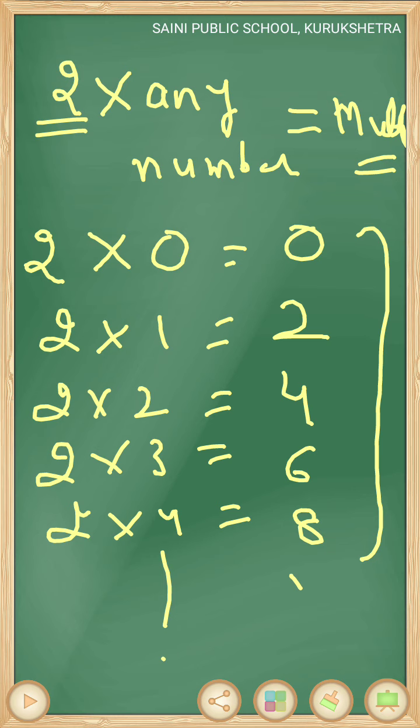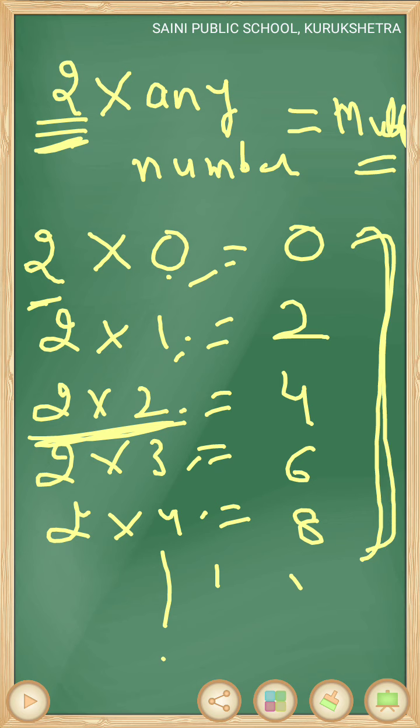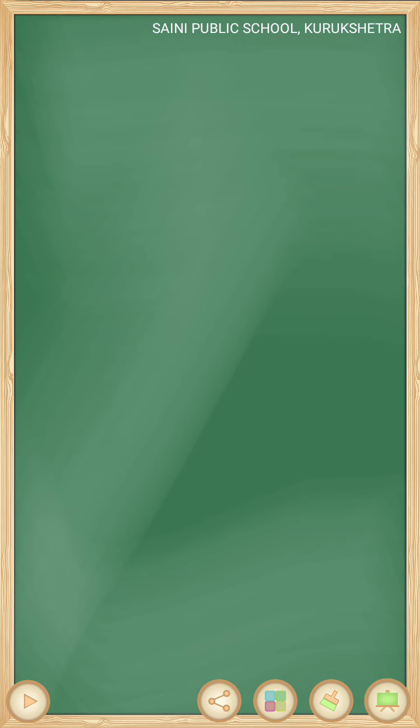In this we have multiplied 2 with 0, 1, 2, 3, 4 and so on. So we can find multiples of any number by multiplying the number with the same number or any other number. 0 is a multiple of every non-zero number and multiples are infinite. We can find many multiples in this way. Okay, let us discuss one more example.